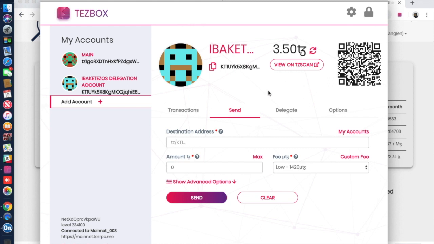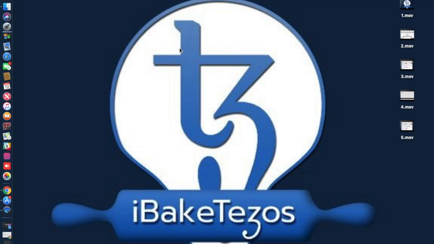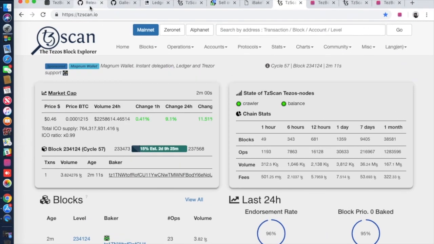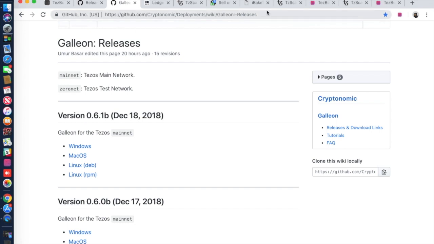And that is how you both delegate and send transactions from all the accounts, including your KT1 account, using the Tezbox wallet. All right, cool. So let's hook up Ledger with the Galleon wallet, do some transactions, and set a delegation. The same way that we got the Tezbox, we're going to go to